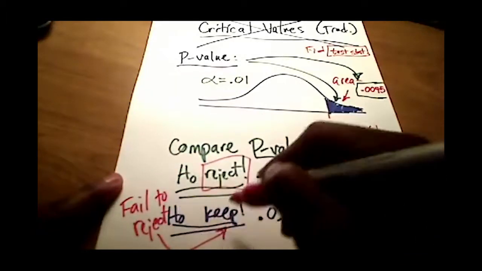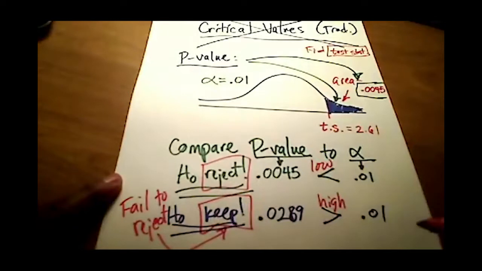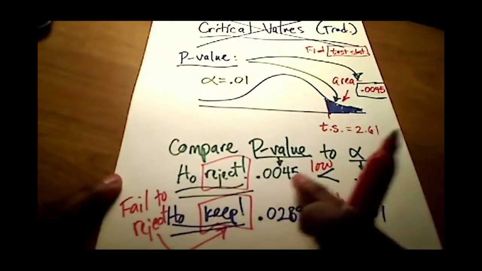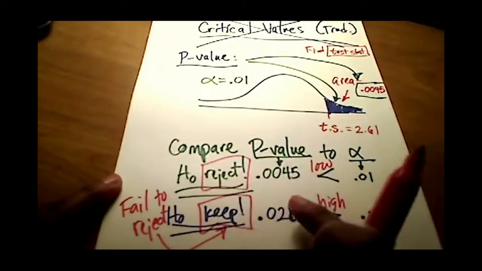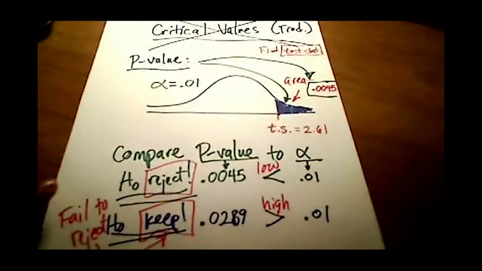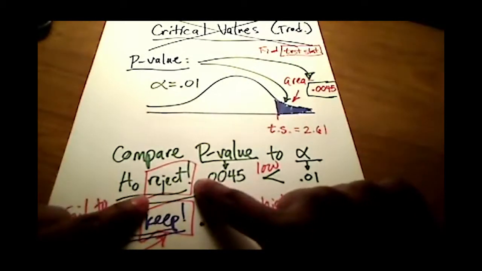Reject. That's what's going on here when I say the word keep. Okay, we're failing to reject. So if the p-value is low, the null must go. If the p-value is high, the null flies. And what that really means is, if we reject the null hypothesis, what we're in essence saying is we support the claim of the alternative hypothesis.